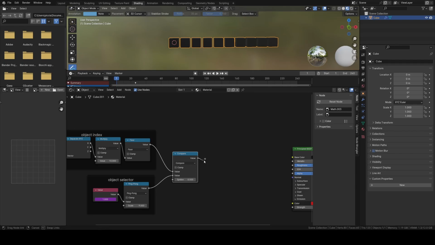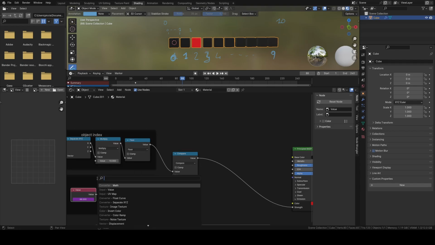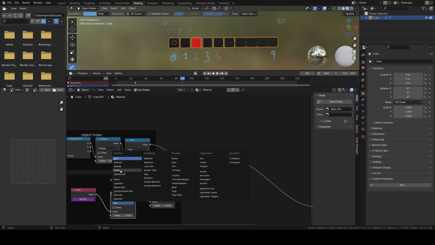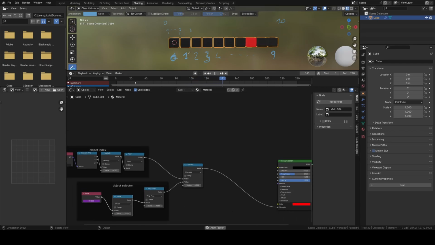So if I connect this output value to the strength of the emission, here is the result. As we move in the timeline, the frame number will select each time a different cube, so it will go back and forth like this. Of course, if you don't like the speed of this effect, which is now very fast, you can simply scale the frame number with another math node. For example, we can divide the frame number by, let's say, 3,